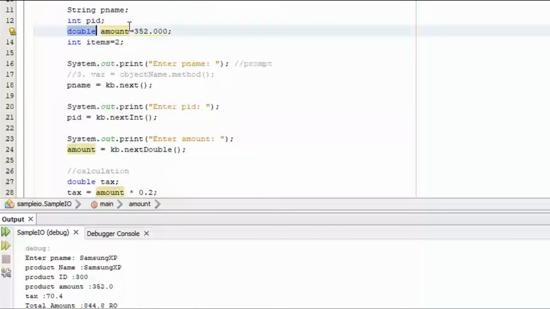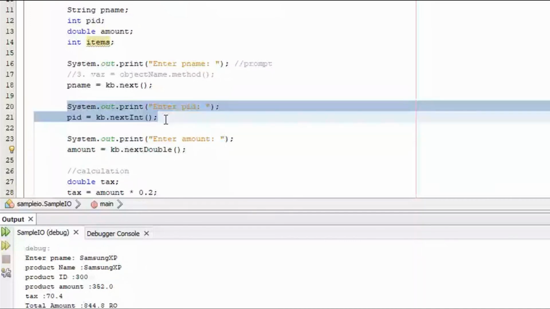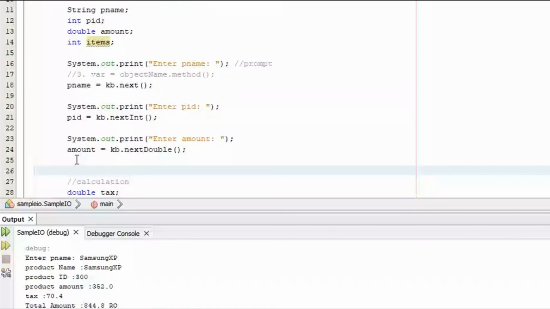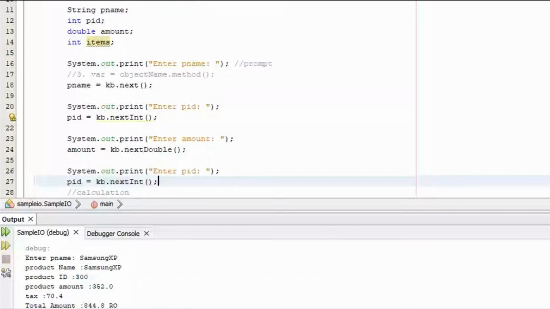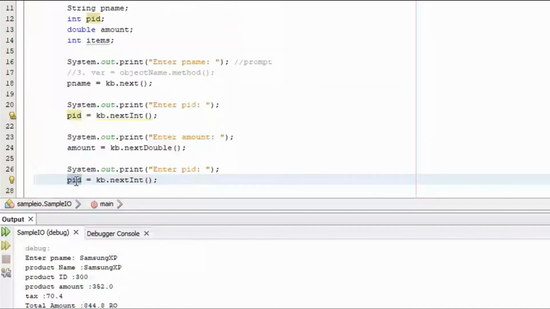Next, let's input also the number of items. Let me copy this because I'm going to input an integer value. You can do it while I'm explaining. I think others might be doing it, maybe Abdul, Fatima, and Al Anud. So I want this for the number of items. Do we need to change this? Are we using nextInt for items? Yes, because items was declared as integer. So let's change this to item.